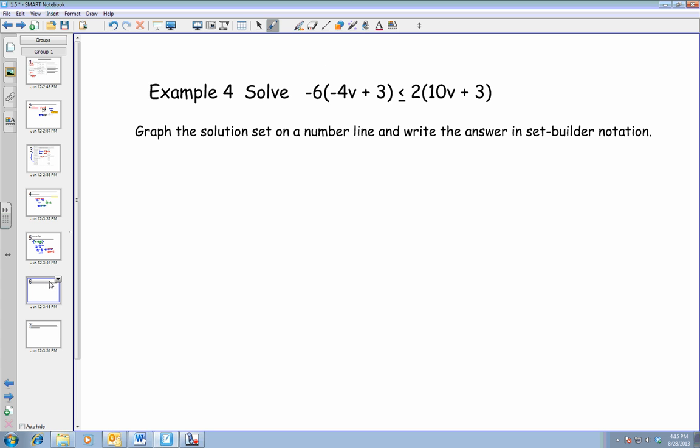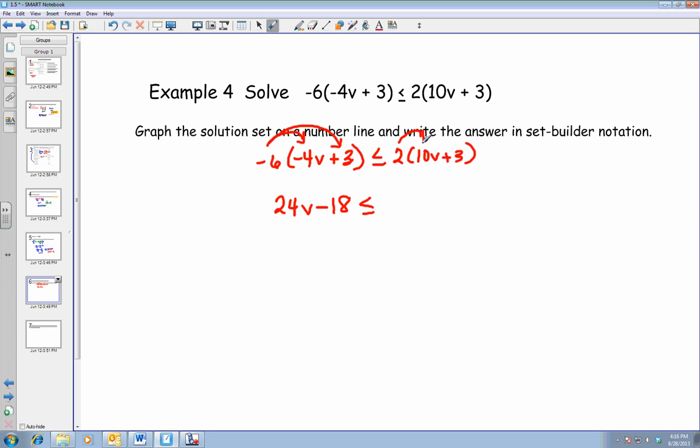Okay, example 4. Graph the solution set on a number line and write the answer in set builder notation. So I'm going to rewrite it down here. We know by looking we're going to have to get rid of our parentheses by using the distributive property. So that's the first thing I'm going to do. Negative 6 times negative 4v. Negative times negative is a positive 24v. Negative 6 times 3 is minus 18, is less than or equal to,